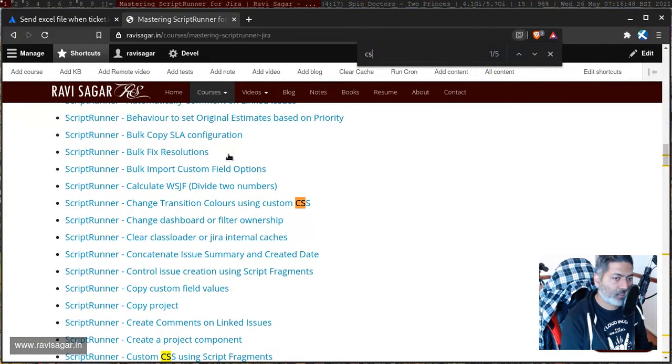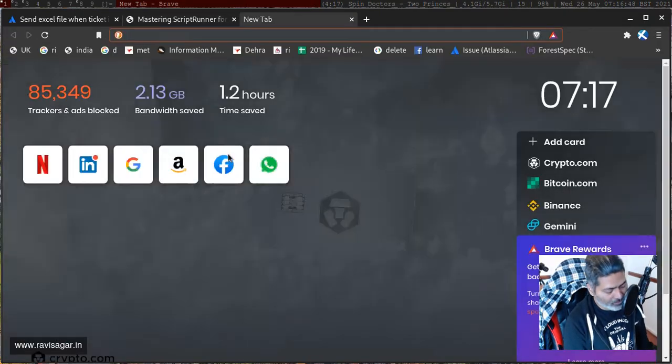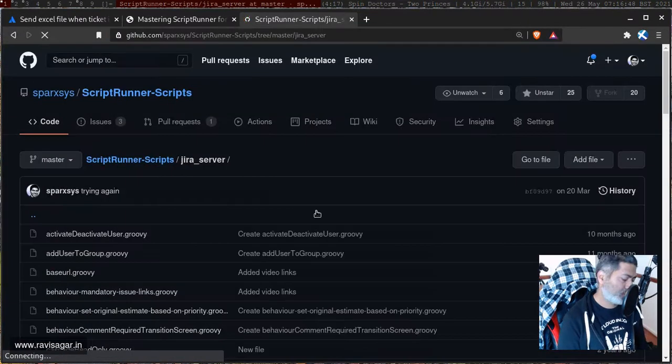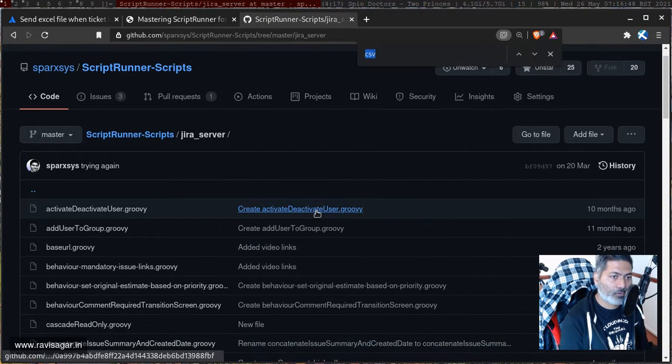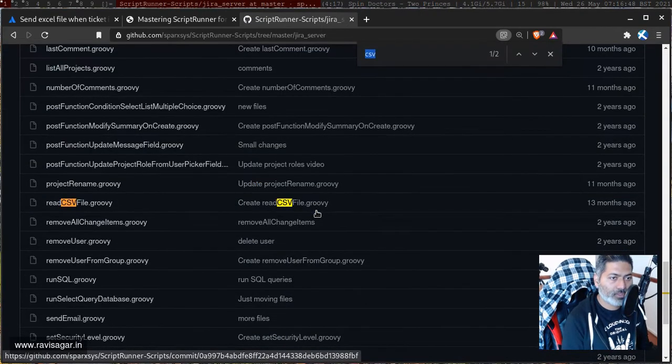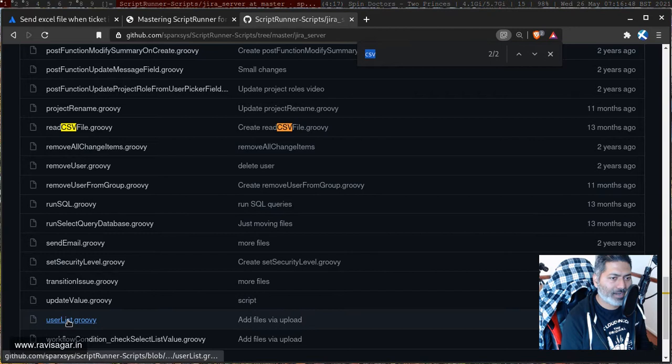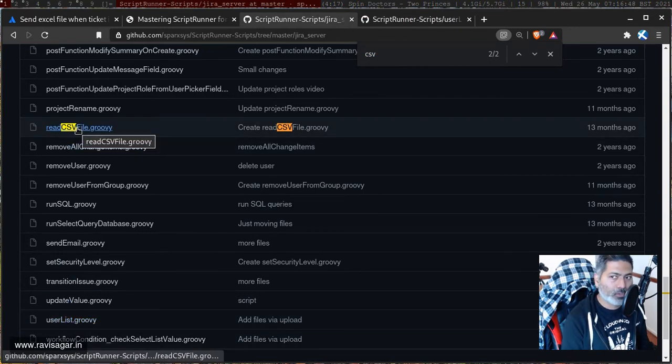So first, let me share this on this particular script. I am looking for the script which I'm sure I have somewhere. So I'll take a look at my GitHub repository. There is a script here that will read from the CSV, which is something that you might not need. But let us take a look at this script, which is the user list. Of course, reading is also important, because when you are sending an email, you have to read a file